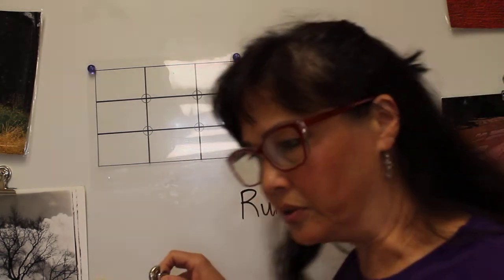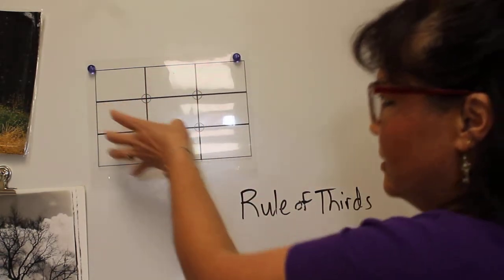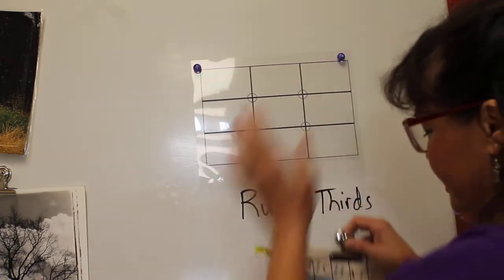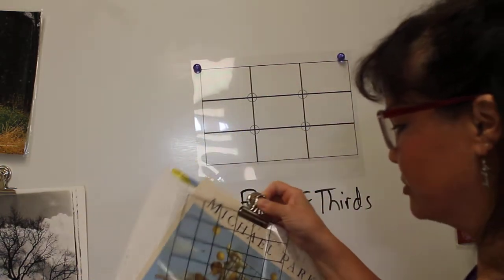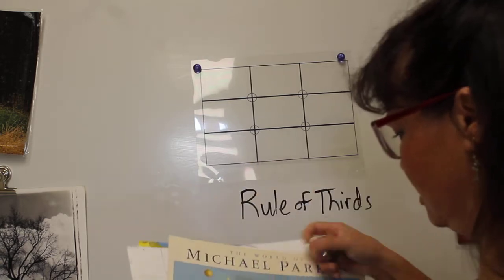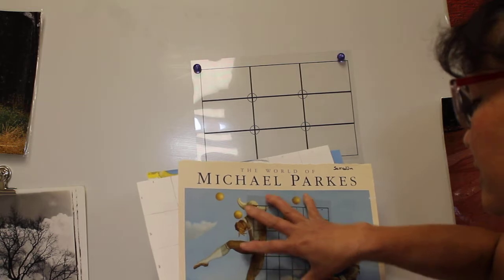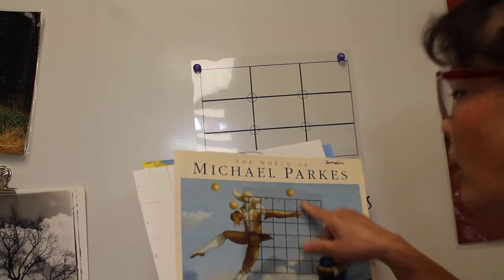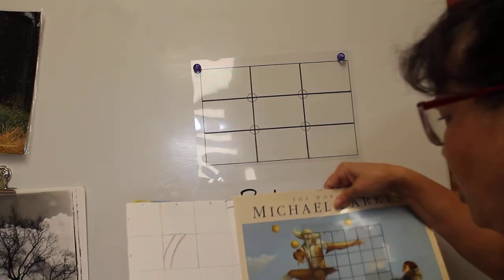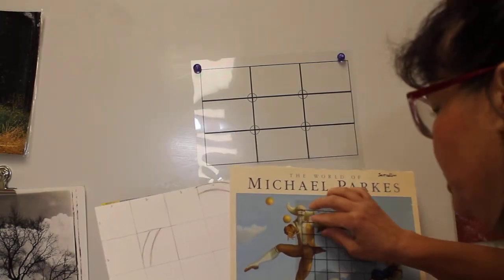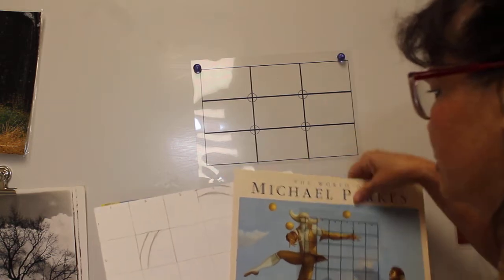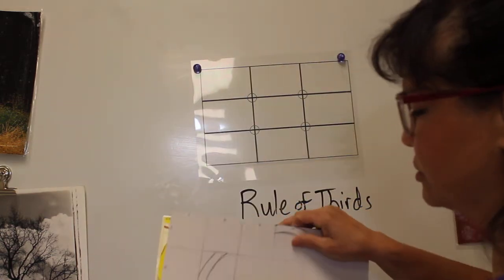Now, a few of you got confused and you thought that the rule of thirds is a grid, but it's not this type of grid. Sometimes we use grids to lay over an image and move it around to find a new composition. You may notice that this old calendar has had a grid laid on top of it. Not the rule of thirds necessarily, although it's going to be translated using the rule of thirds, but this is just a regular grid where you would blow it up, draw within each square, but draw it larger. It's an old-fashioned, very tried and true technique of